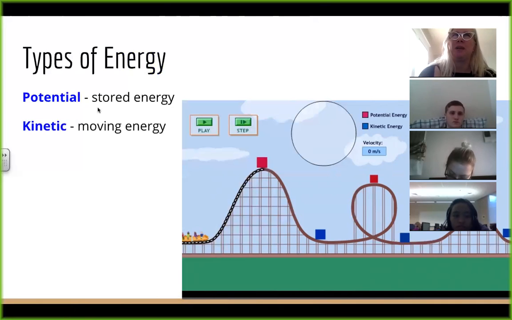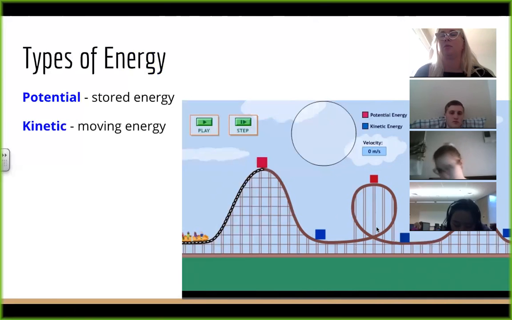And it kind of even makes sense a little bit with the names, because potential kind of sounds like something has the potential it might do something, right? In this case, it's energy that might happen. Kinetic is moving energy, so already moving and in motion. So a really good example of how to describe and think about these two terms is a roller coaster. Our potential energy is going to be when the roller coaster car is on top of the hill, right? At the top of the hill, it has the most potential to fall down the hill, right? Whereas kinetic energy is going to be while the roller coaster is moving,